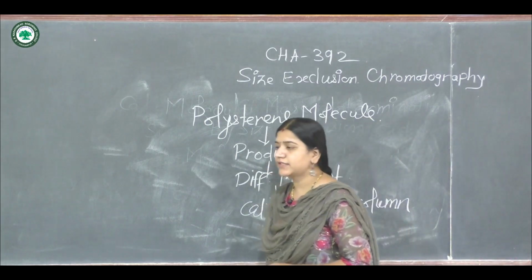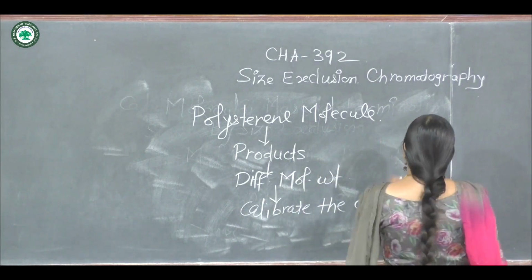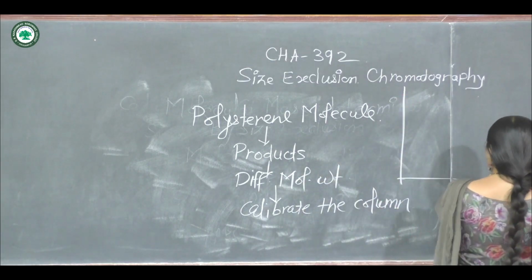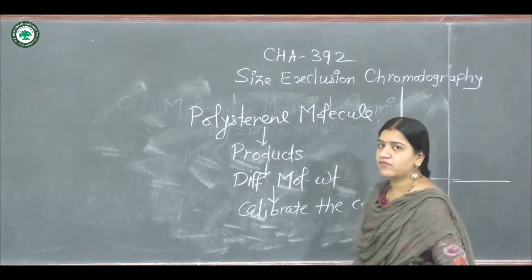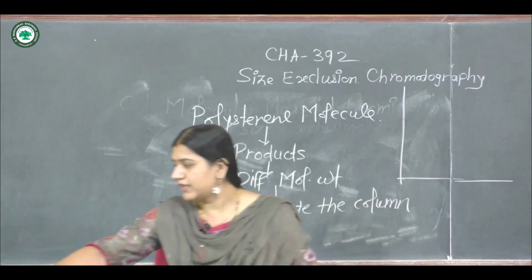After calibrating the column, what is the nature of the graph obtained? Suppose you see the graph in this region, then